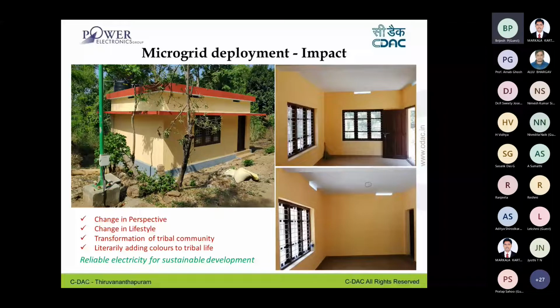Before, during any construction, they were not providing any points for power points. Now they are providing the points for the ceiling fans. So the barrier was the non-availability of a reliable energy source.